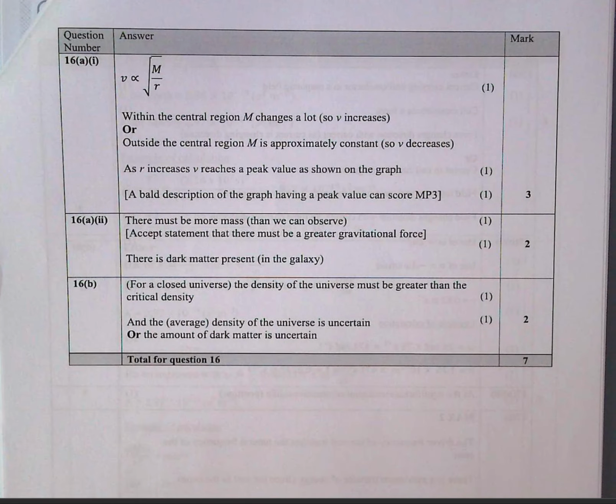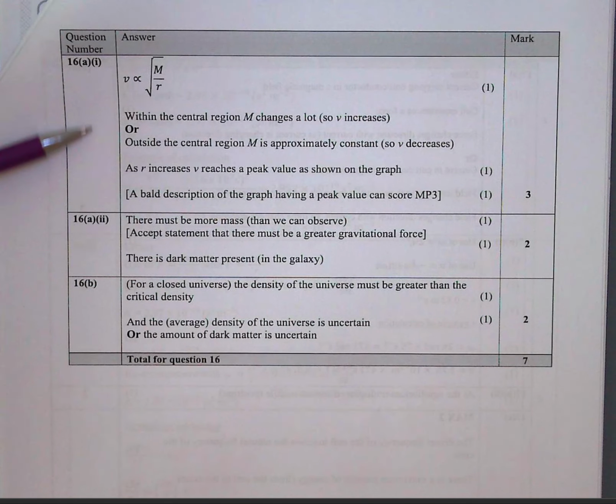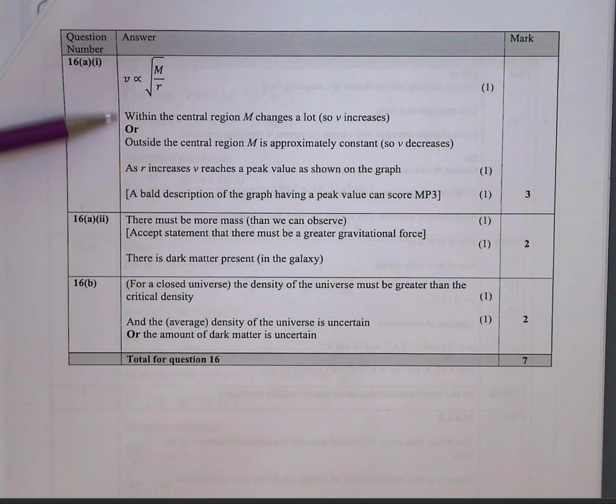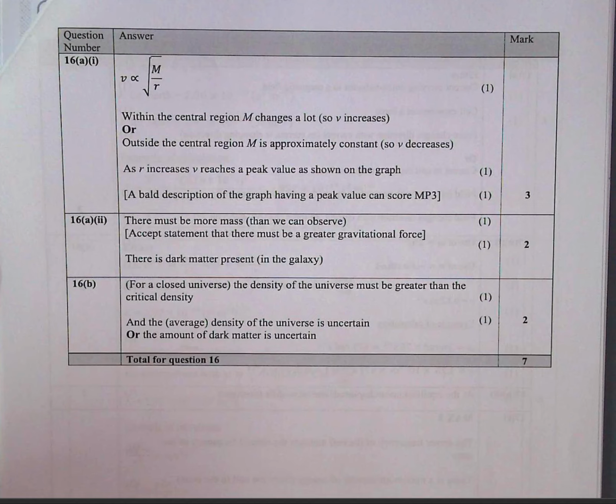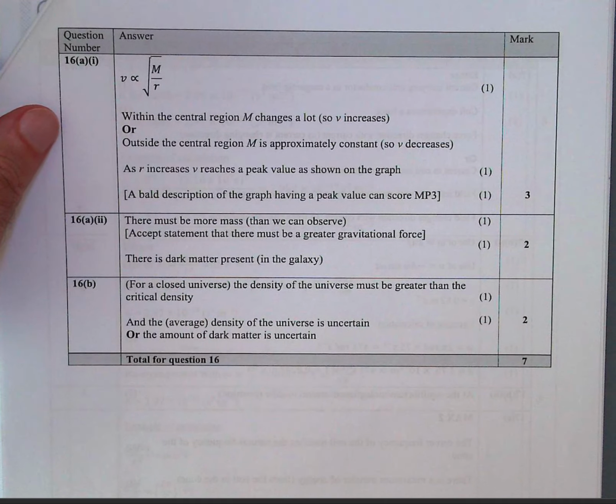So if you want to slow it down, because I'm not sure I have explained this part, 16a, as clearly as possible, and here they've got an alternative way of answering the question, so I thought it might be useful for you to analyze your own answers according to the mark scheme. Okay, I think even the mark scheme could be clearer, but those are what they give the 3 marks for